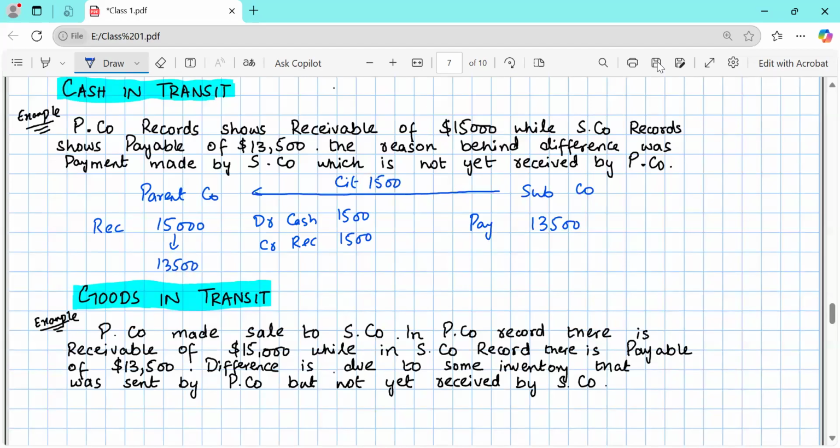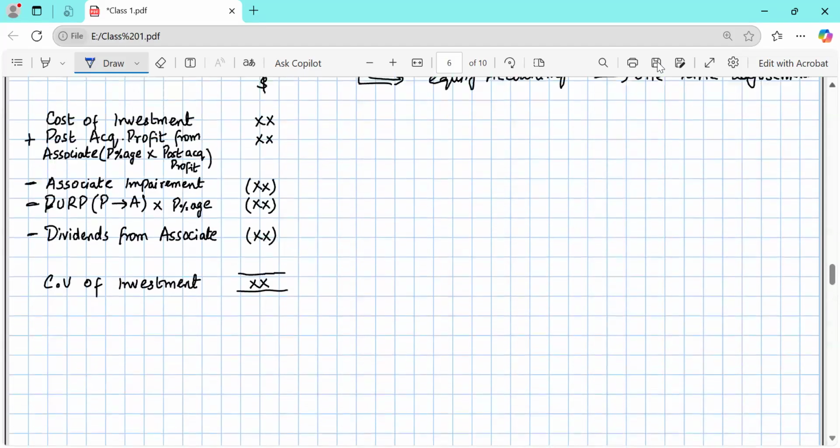So now you will deduct 13,500 from the payables and similarly from the receivable, right? And this is the adjustment that you need to post as well in the format. Your cash increased by 1,500 and your receivable reduced by 1,500, right? So you will do what? In the main format,